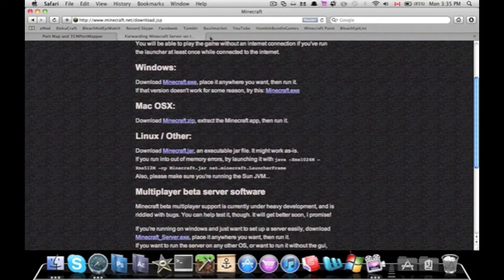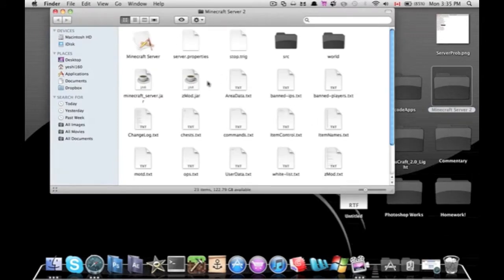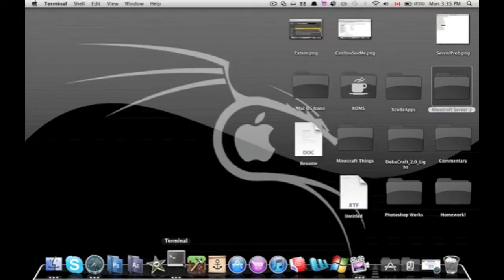Then, once you're done with that, and you have your .jar file, you're going to go into wherever you put that. I personally have it right in here. I have my Minecraft server .jar, and what you're going to want to do is open up a terminal window,